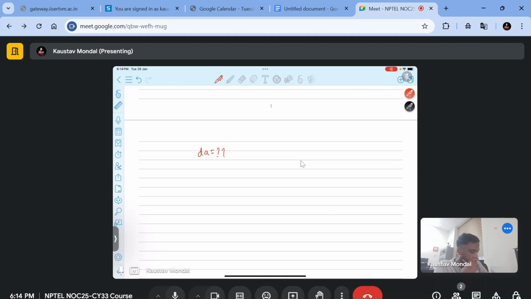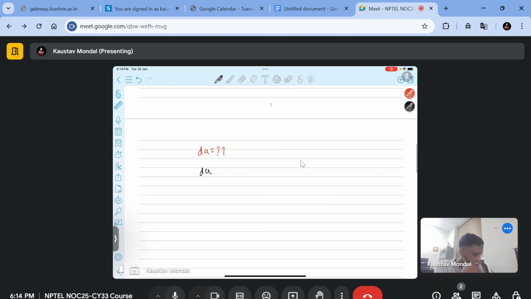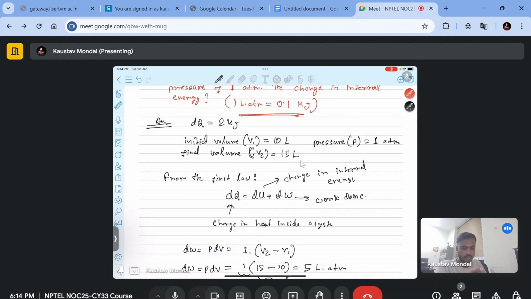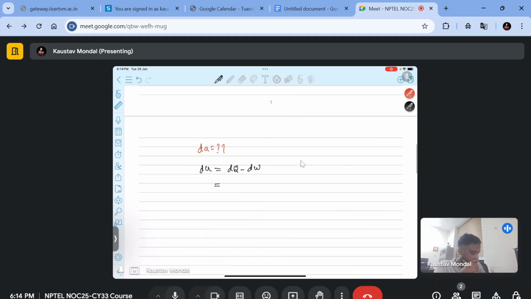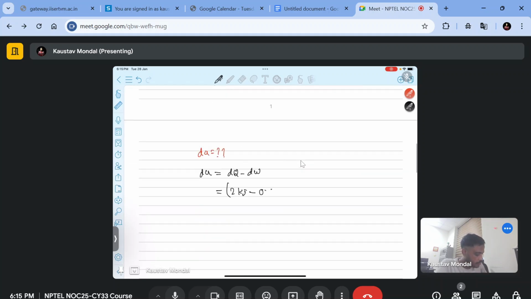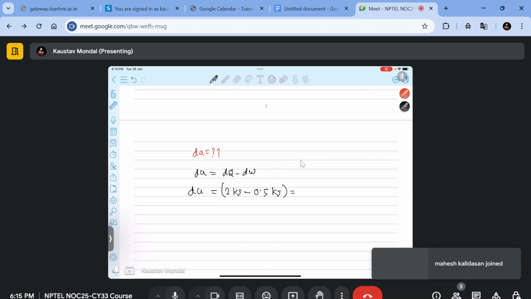From the first equation, du equal to dq minus dw. In the question dq is already given, the heat supplied into the system, which is 2 kilojoule. 2 kilojoule minus dw, which is the work done, 0.5 kilojoule. So the change in internal energy will be